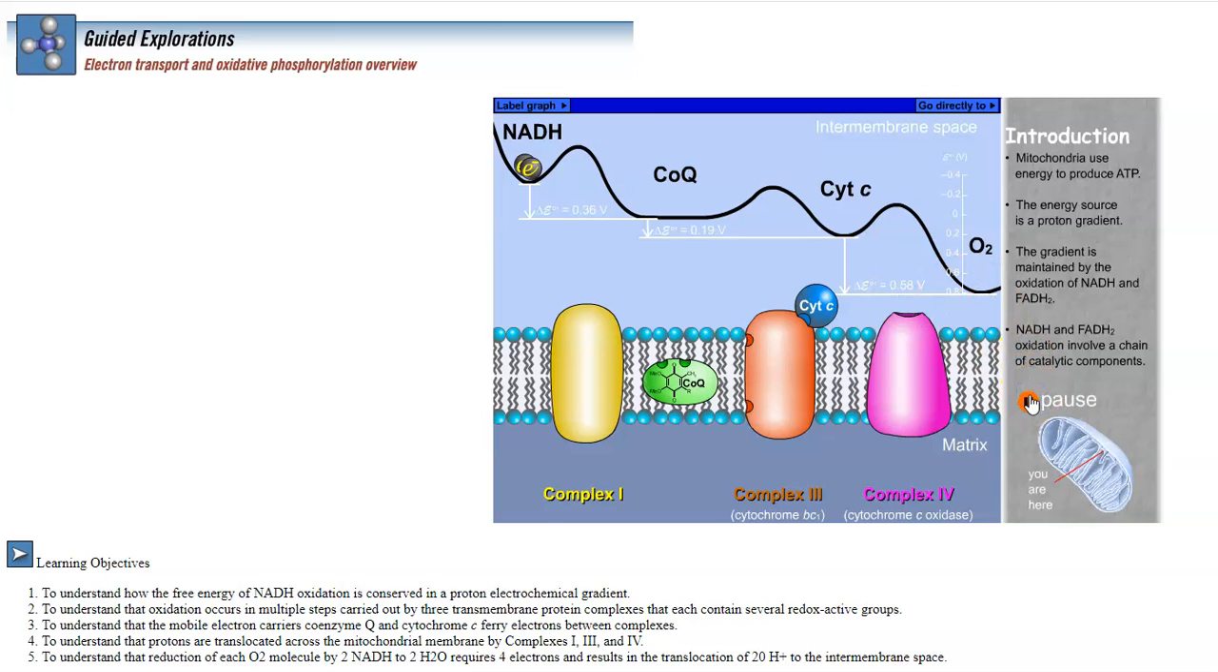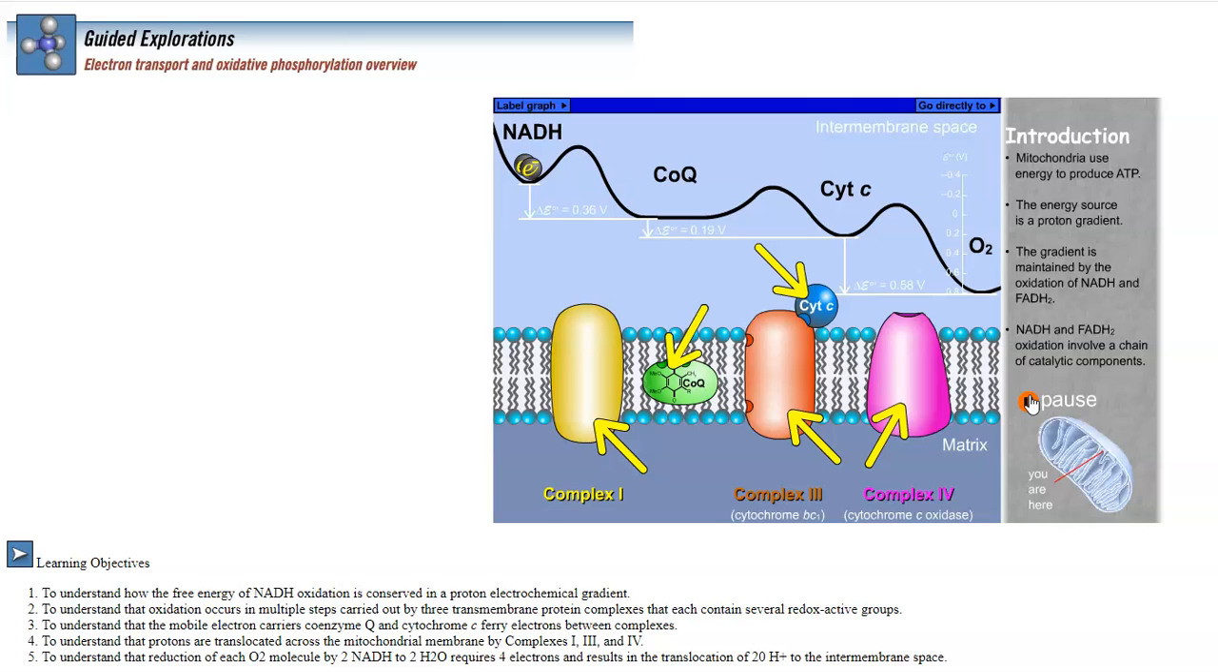The source for most of the energy utilized in ATP synthesis is the oxidation of NADH, which releases 218 kilojoules of free energy per mole under standard conditions. To maximize the recovery of this free energy in usable form, the oxidation of NADH occurs over several steps that are mediated by a series of electron carriers in the inner mitochondrial membrane, and which serve to ferry electrons from